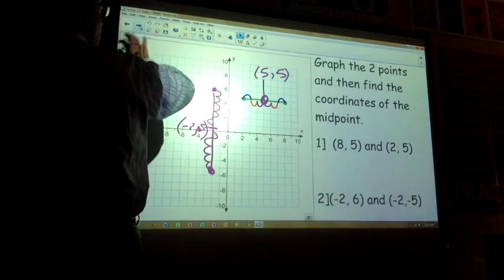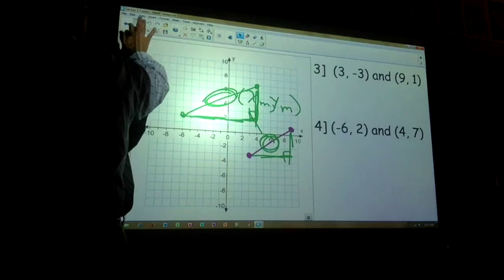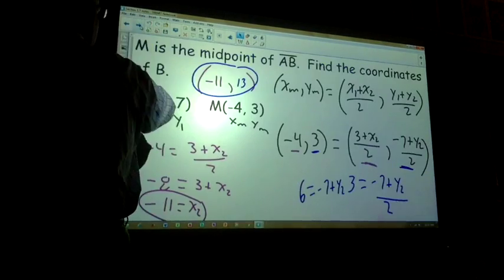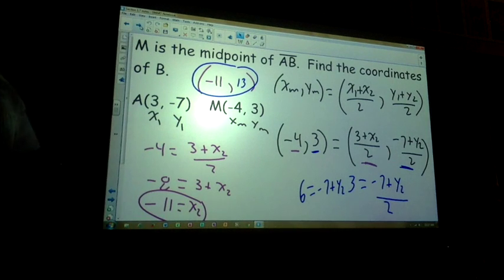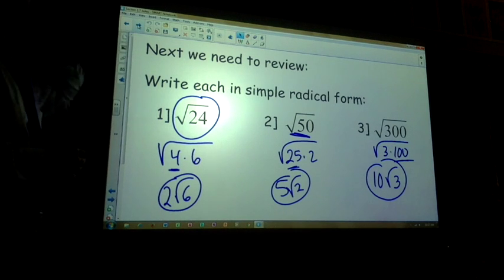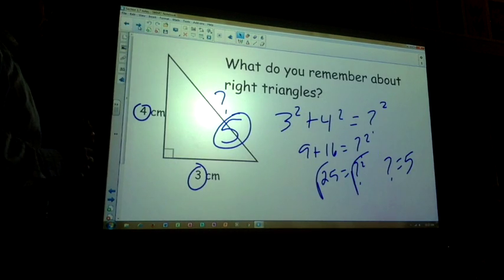From last time, remember we were talking about midpoint stuff. We talked a little bit about the Pythagorean theorem and midpoint stuff, how to attack a problem when you have the midpoint and an endpoint, and how you work backwards from it. We started doing some simple radical forms, so finding the biggest square root. And then we started talking about